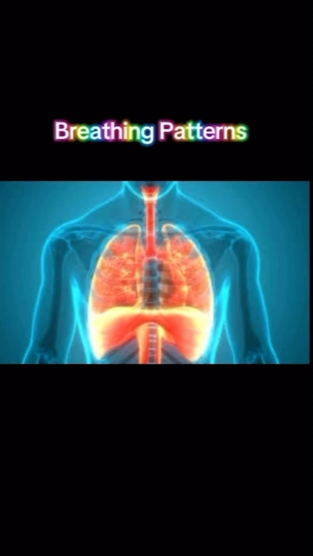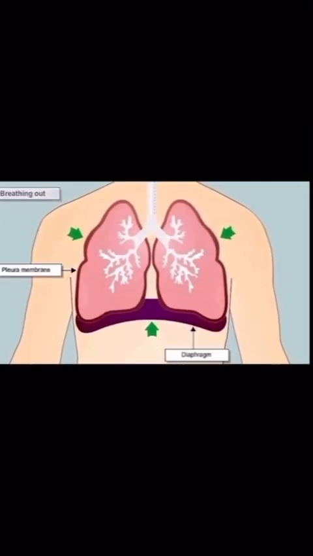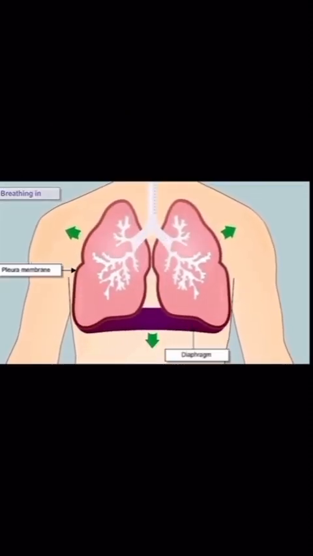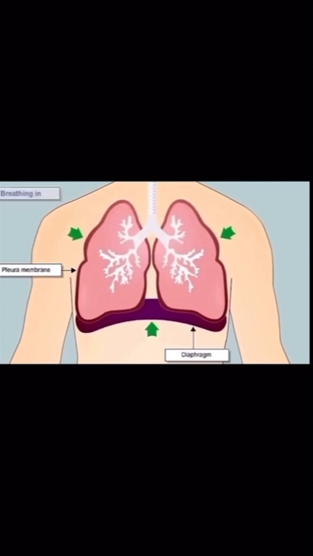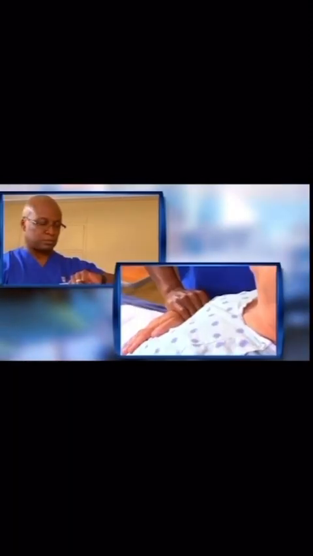Breathing patterns. Breathing is a complex process that relies heavily on the coordinated action of the muscles of respiration and the control center in the brain. The respiratory rate is the rate at which breathing occurs. It is set and controlled by the respiratory center of the brain. A person's respiratory rate is usually measured in breaths per minute. A physiological change can be one of the first signs of deterioration.